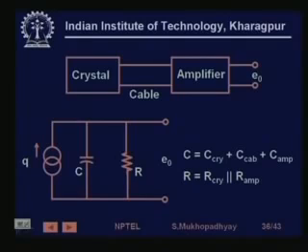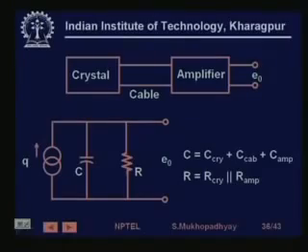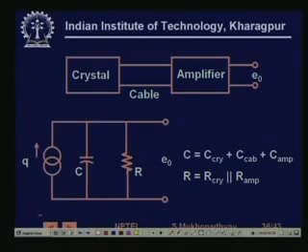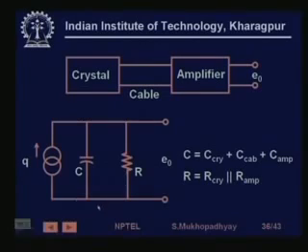Now it turns out that the moment you connect this cable, this cable also has some capacitance. Because of this capacitance, the equivalent circuit previously, which was C crystal and R crystal, now this C and R will change, because if you have a long cable, then you have a distributed capacitance to ground. So now this capacitance will come in parallel with the crystal capacitance. Similarly, this amplifier resistance will also come in parallel with the crystal resistance. So what will happen is that it turns out